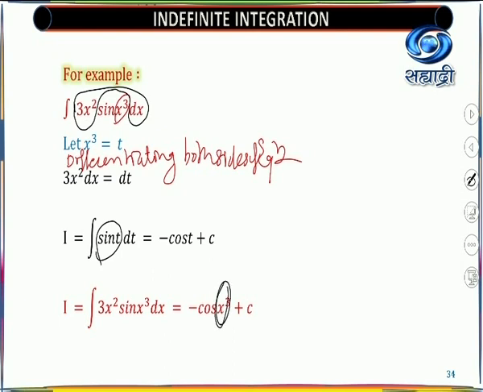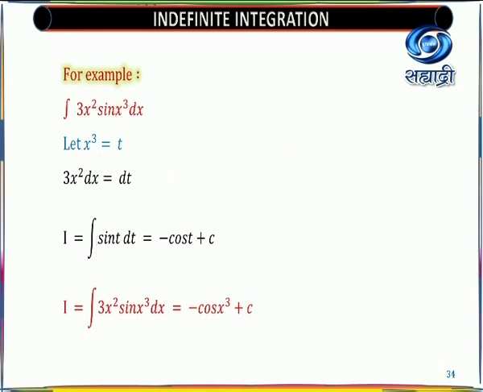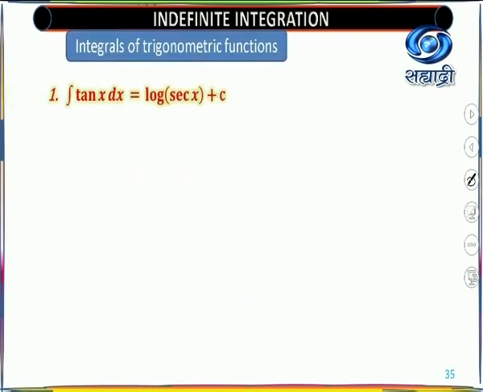Because of this substitution only the last mark. In mathematics we have either 1 mark or 0 marks for the step. There are no half marks or 1/4 marks for the steps. So if you want the last 1 mark, you need to resubstitute your variable. Is that clear? Okay, now next example.